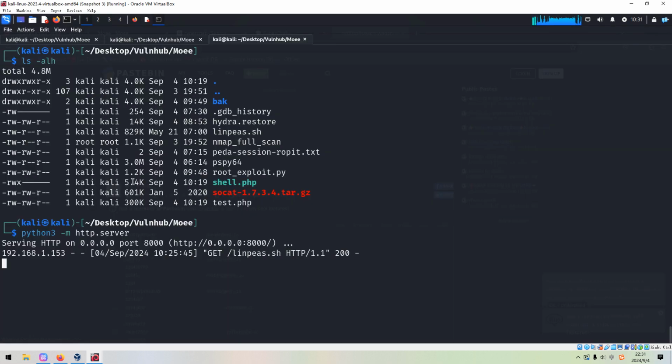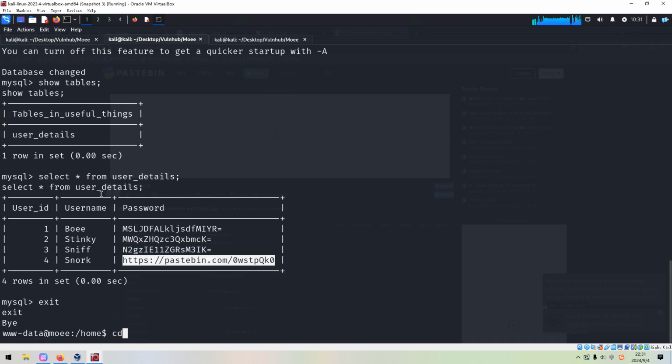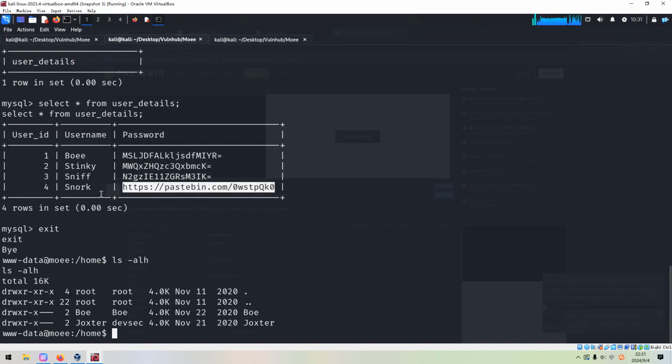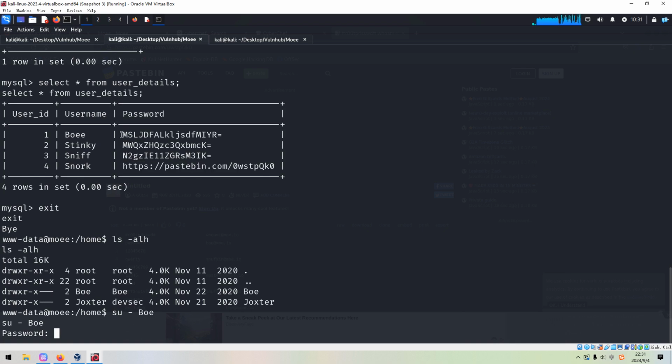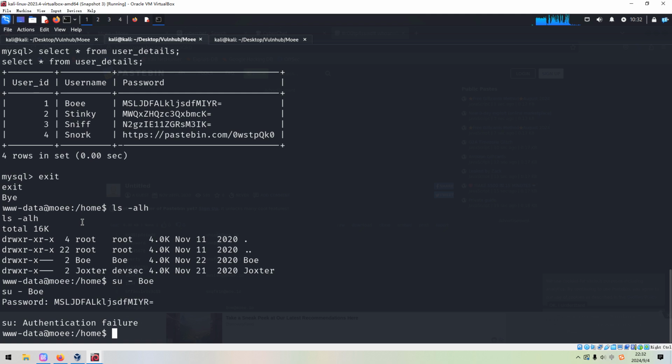So next, I think we can exit from this database and try to use this password to switch to another user, Bui, and we can copy this password. But the authentication failed.